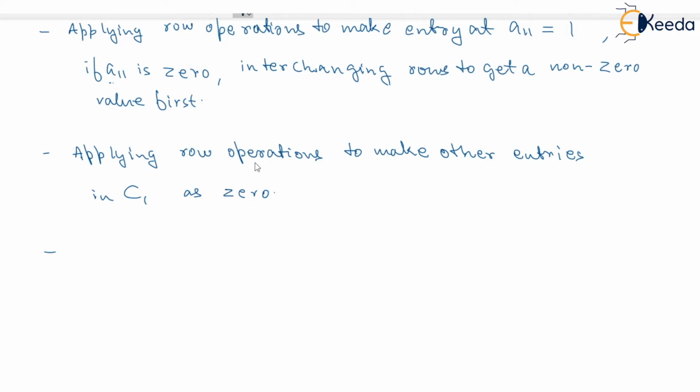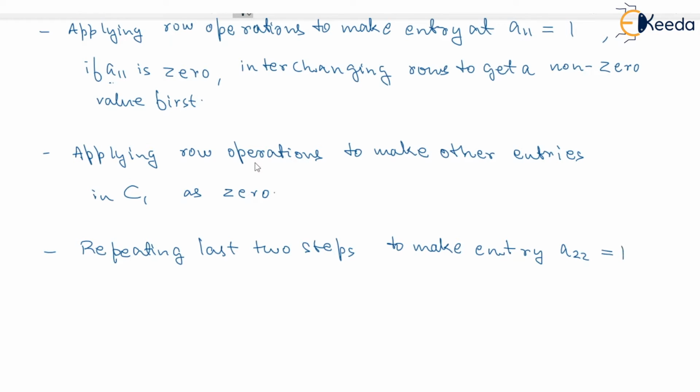After that, we'll be repeating the last two steps to make the entry, let's say A22, equal to 1. That is, the second row, second column element to be 1.